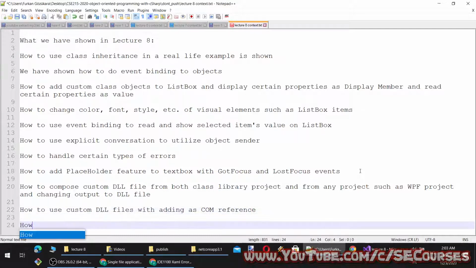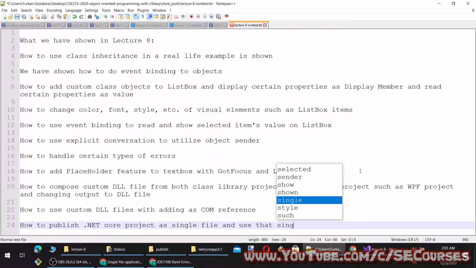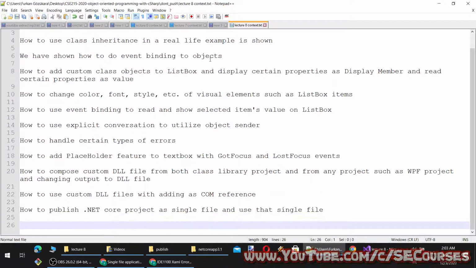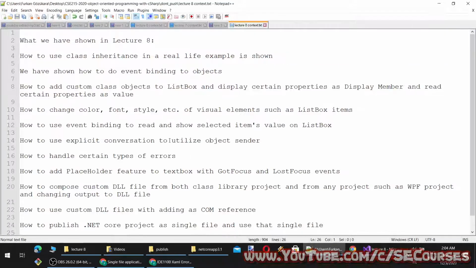Reference. Okay, we have shown every one of them. Okay, I will type the full name.